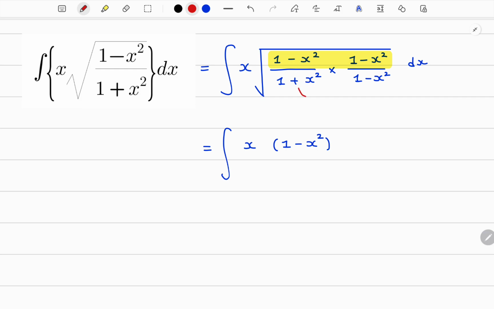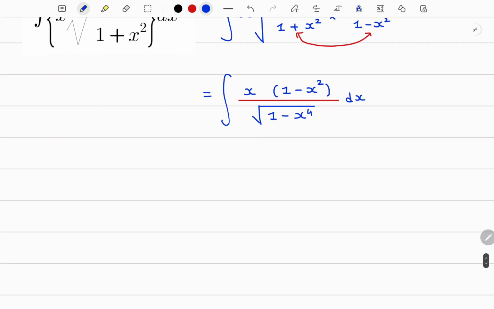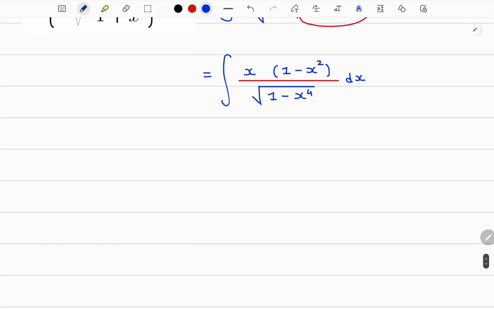यहाँ पर होगा क्या 1 प्लस एक्स स्क्वायर into 1 minus x square. This is nothing but 1 minus x raised to 4. A minus b into a plus b, a square minus b square, right? But under root 1 minus x raised to 4. चलो सो यहाँ तक तो क्लियर है बच्चों. चलो थोड़ा और सिंप्लीफाई करें. इससे हम यहाँ पर मल्टीप्लाई कर पाएंगे ब्रैकेट में. सो व्हाट वी गेट,